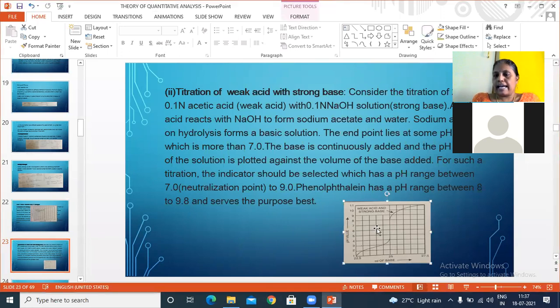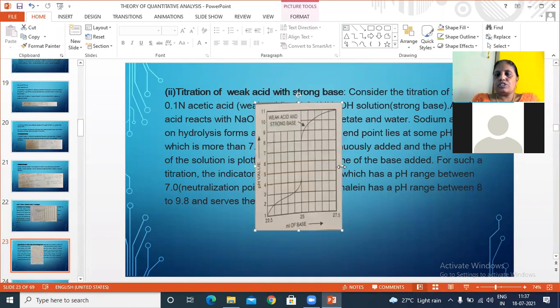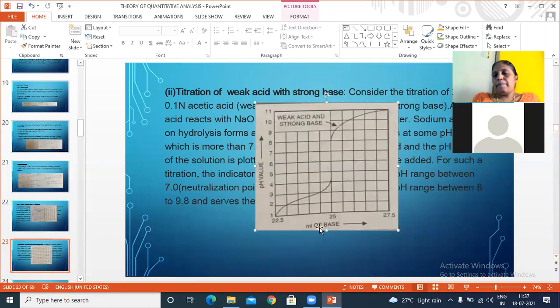If you enlarge this graph, we can see how much base we have to add. Take 25 ml of 0.1 M acetic acid, as in a clinical class, and titrate against sodium hydroxide, which again has a concentration of 0.1 M. The pH for acetic acid, a weak acid, is above 4. Generally, 1 to 3.5 or 4 is a strong acid, and above 4 is a weak acid.